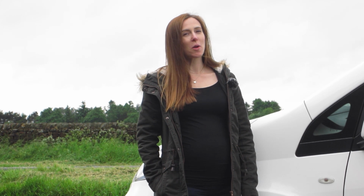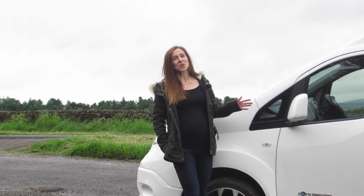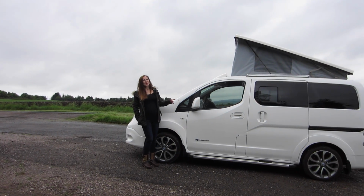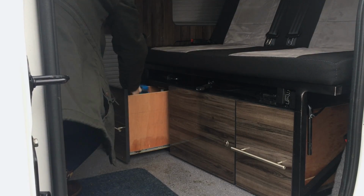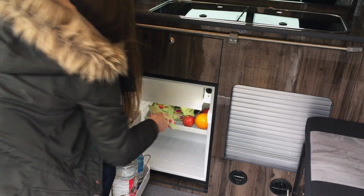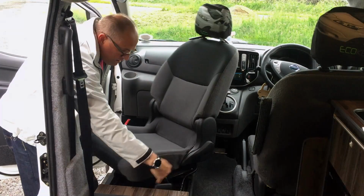You might be wondering why I'm stood in front of this Nissan eNV200 when we've already done a review on this van, but this one is a little bit special. We were invited by Kevin and Elaine Smith to take a look at their converted eNV200, and we are so glad we did. It's been fitted with every convenience you'd find in any campervan, and the effort they have both